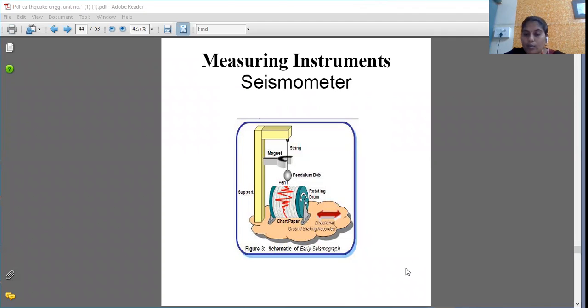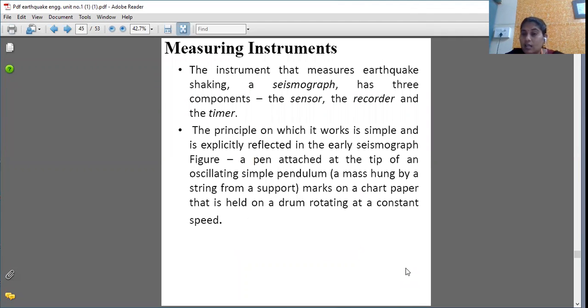So in this way, this is some small information about the seismometer. Now we'll see what the components are. There are three major components here. One is the sensor, the second is the recorder, and the third is the timer. So what is the sensor? It will get the sense. What gets the sense here? The whole assembly which has the movement. That is the sensor. Means when an earthquake causes ground shaking, there will be vibrations, and because of these vibrations the whole assembly gets vibrated, and that is nothing but the sensor. The whole assembly comes under the sensor. After that there is a recorder.